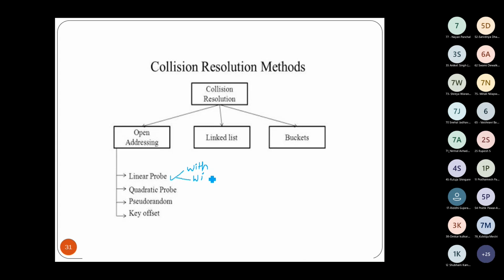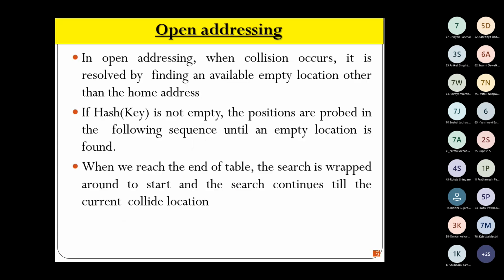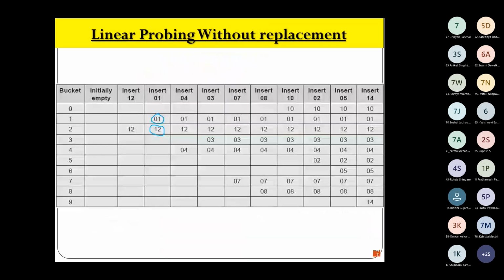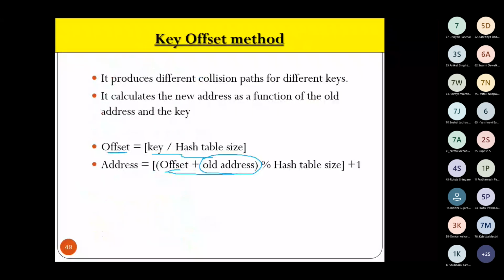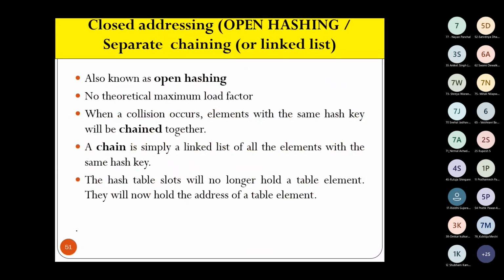And the next is pseudo random, that is, with the help of a random function we will be finding the next location in case a collision occurs. Right? And the last is the key offset method. So in this way, whenever there is limited space, that is how the collision will be handled, that we have seen. Now next is